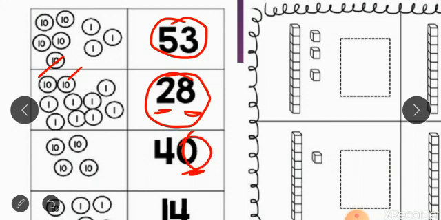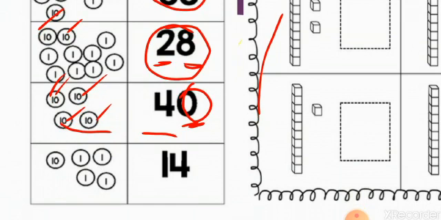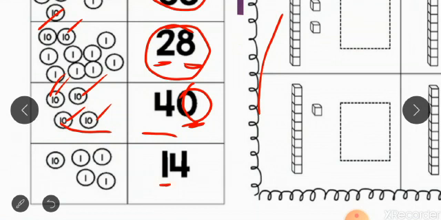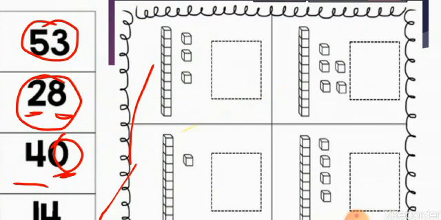But I have 4 tens coins. So I can take 10, 20, 30, 40. So this is your 40. Can you understand? So now listen. And next number we are going to see, here only 1 ten coin is here, so I'm putting only 1 ten coin and 4 ones coins, so I can write your 14, isn't it? Have you all understood? Now we just move to the next example.